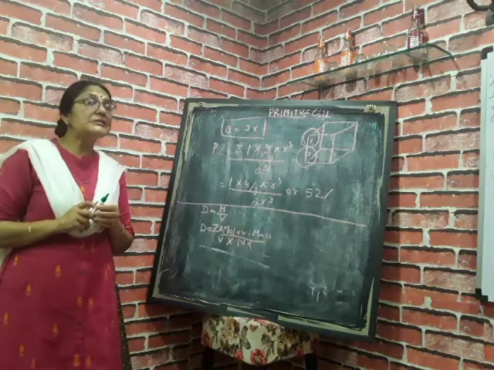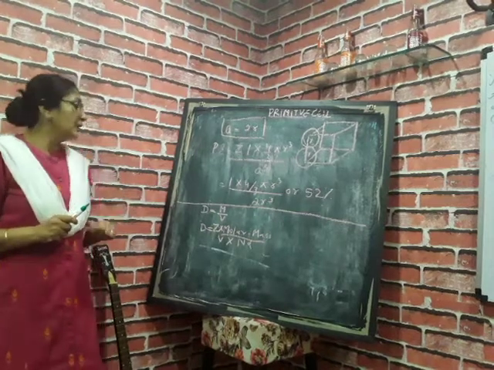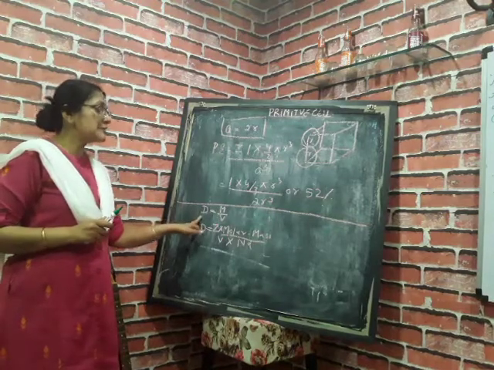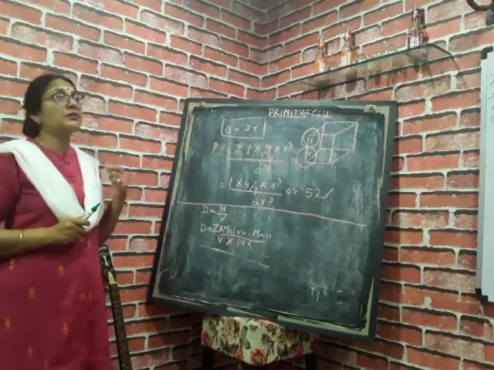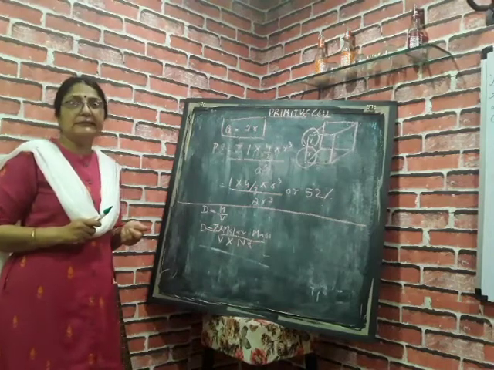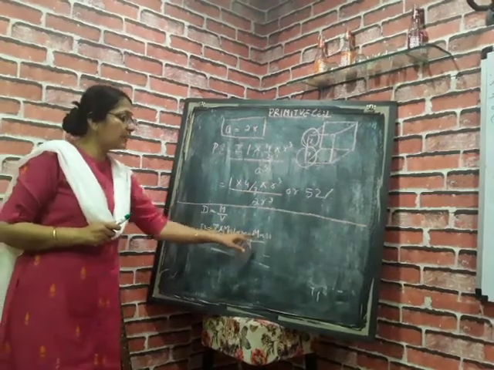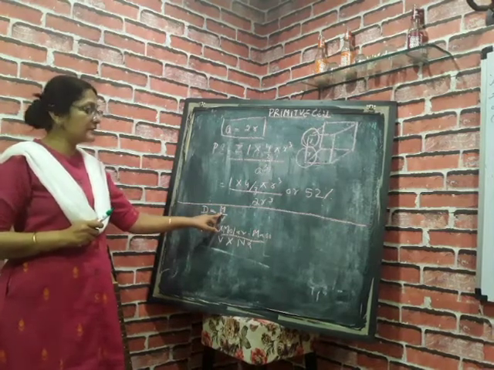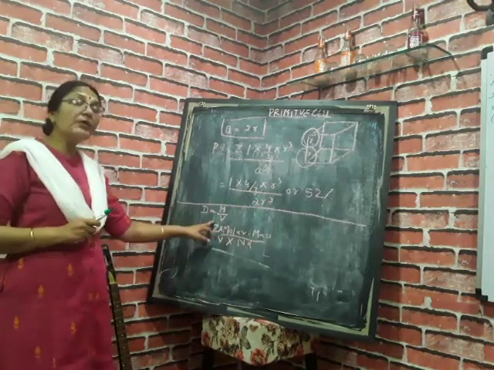Next, we can also find out the density of these units. Now, the density formula we all know: it's mass upon volume. It's not necessary that we know the mass, so we usually know the molar mass and Avogadro's number. So mass is equal to molar mass upon Avogadro number. I have written, instead of mass, molar mass upon Avogadro number, and the number of unit cells.